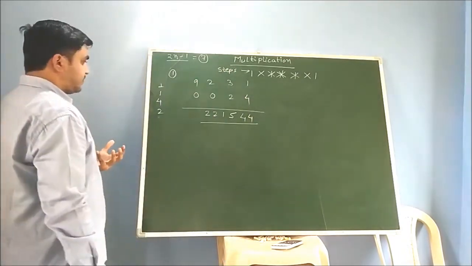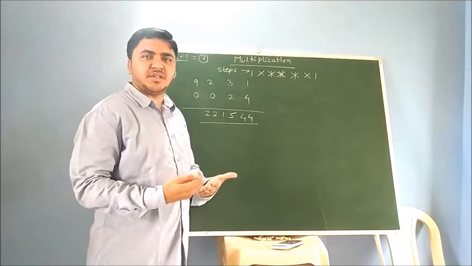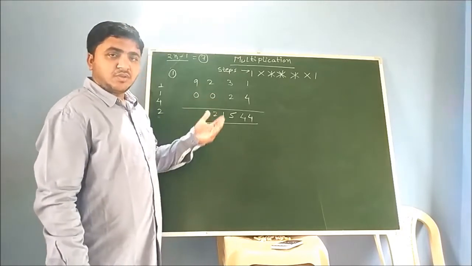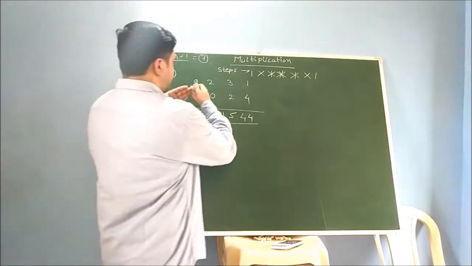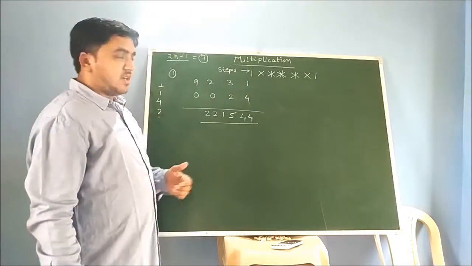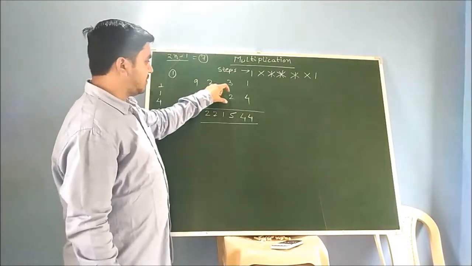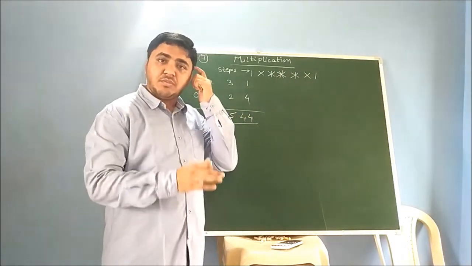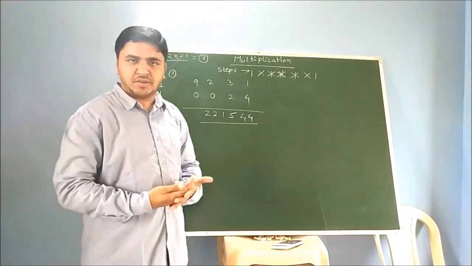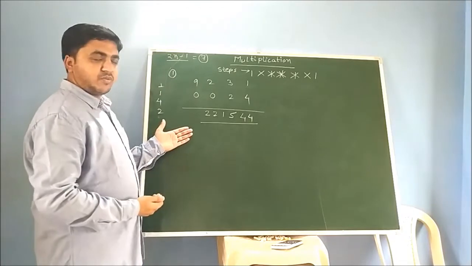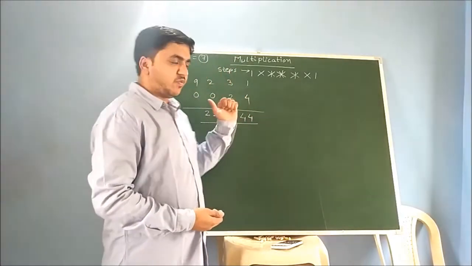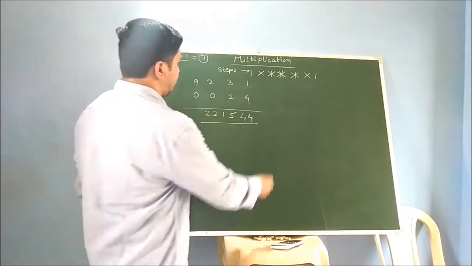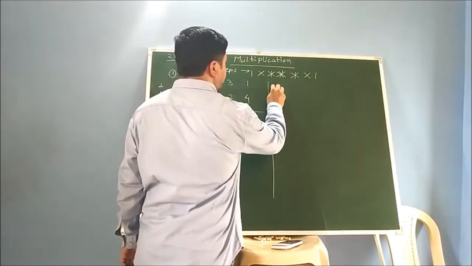Okay. Now this is one method you can say, जो अपन ने last method के base पे देखा था. Now we can use one more simplified method than this. That method will be helpful if one number is very large. Let's say this is a 7 digit number and this is a 2 digit number only. अगर किसी 7 digit के number को 2 digit से multiply करना है, so your number of steps will again be 13. So that will be very problematic for us. So if we solve this type of problem, we'll see a different approach for it. Let's see that approach first of all. So let's call it method 2. So this is method 2.